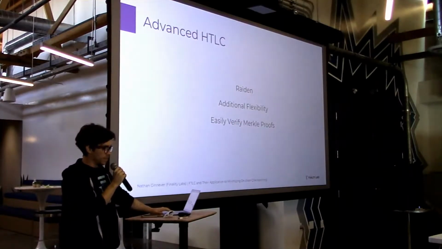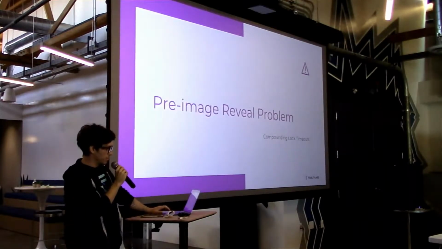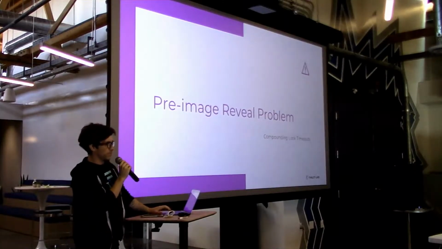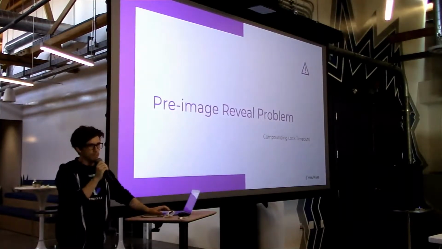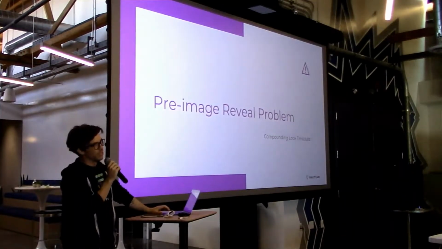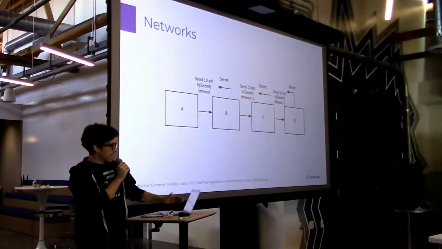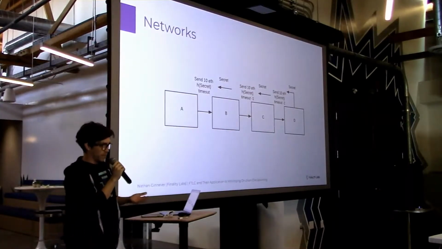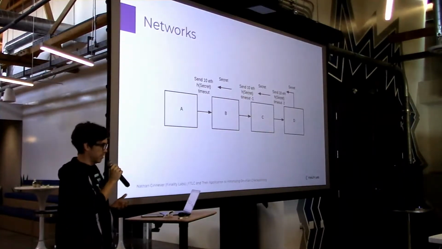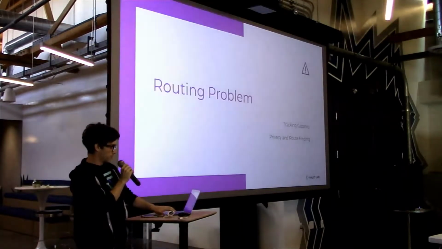So all things are looking good. We're starting to get more power in our base language that could potentially fix some of these things, but oh no, another problem. We have this pre-image reveal problem, and we haven't really fixed the networking problem, and we've also found a new problem in this process. If you go back to these lockups here, you see that you could potentially have 3 lockup times, and they all wait on each other, so you have this linear timeout that keeps growing with the number of hops.